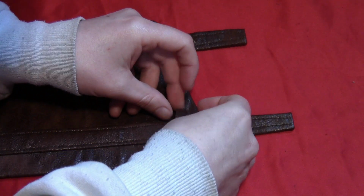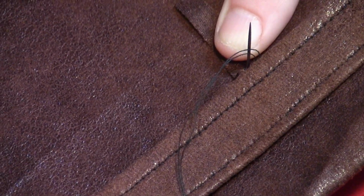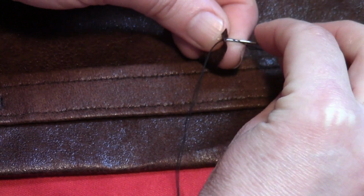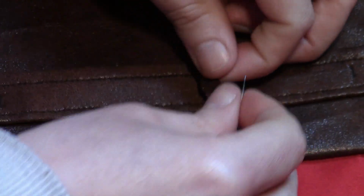Then take a thin strip of that distressed fabric, no interfacing this time, and that's just going to be a loop. So you want to sew it on as close to the strap as possible. Just sew it right there in place, next to one side of the strap with a few stitches, and then you'll fold it, put a few stitches in the other end of the piece of fabric, and then just bend it over the strap